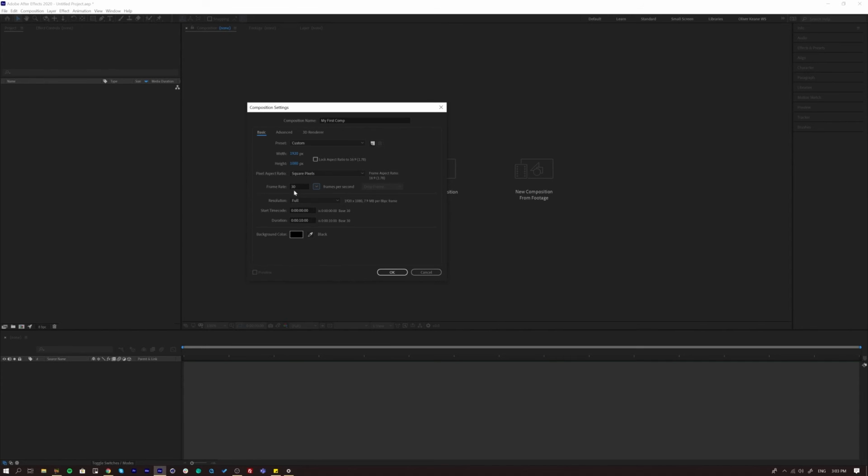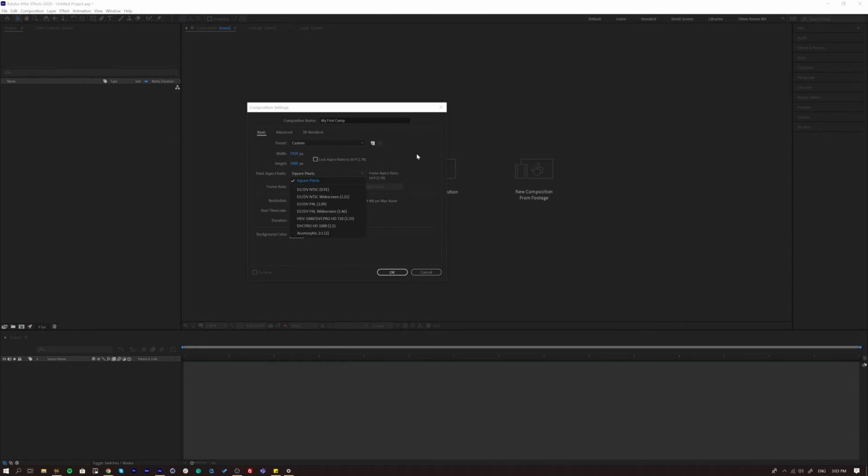So for me right now, I'm just going to use 30 because you're a beginner and 30 is a good frame rate to start out at. So we have 1920 by 1080, we have 30 frames per second. Don't really get bogged down by pixel aspect ratio and stuff. This is basically there for when you zoom into an image and you see the little square pixels in an image. Those pixels can be different sizes,